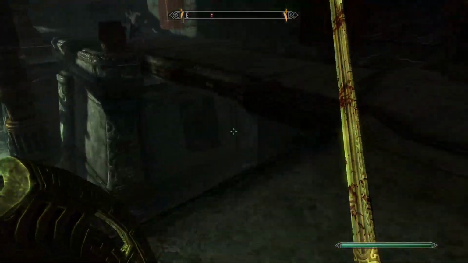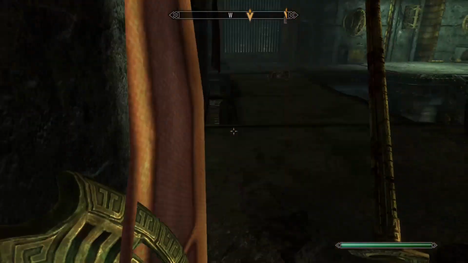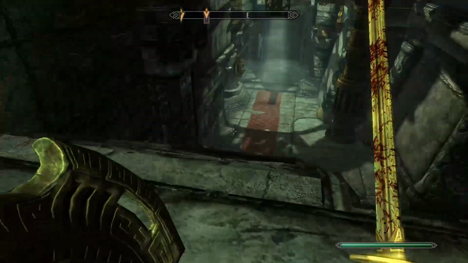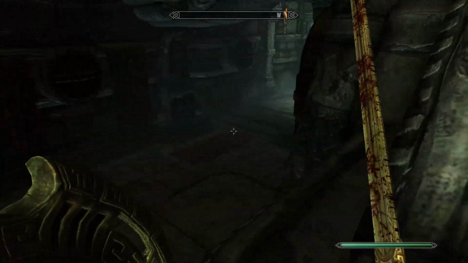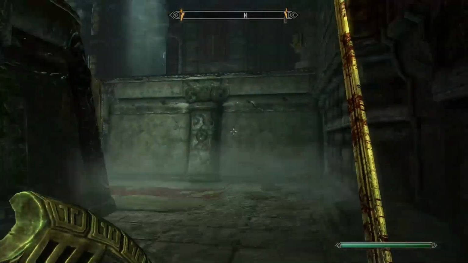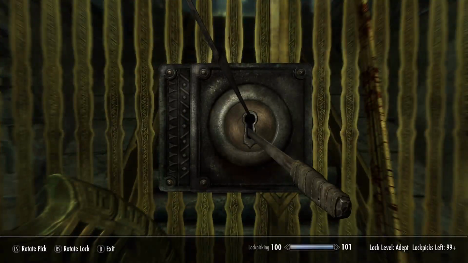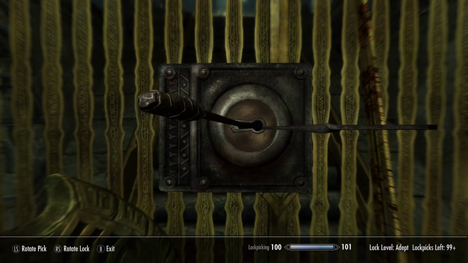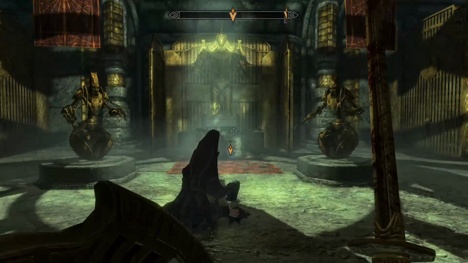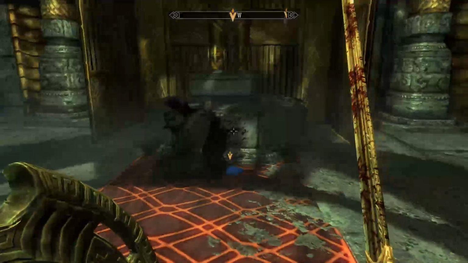Two strikes, he's down. I actually love it when they try to attack me. The reason I love it is because I know they can never do it in time. So what we're going to do is we're going to go this way and follow this round. This is the armory. So this is where this guy is, and